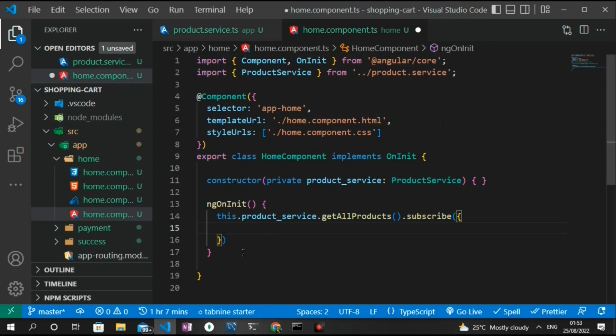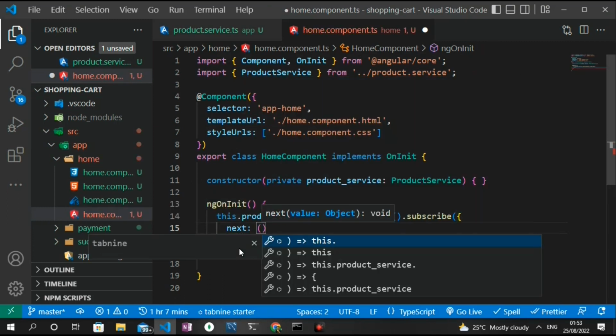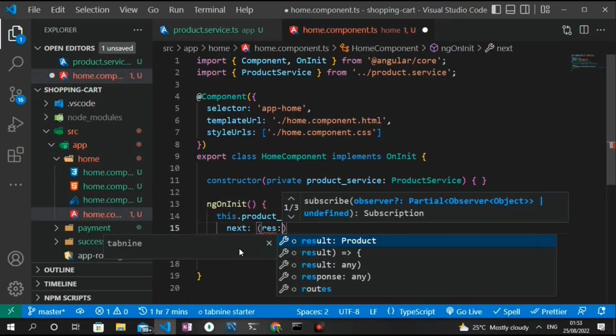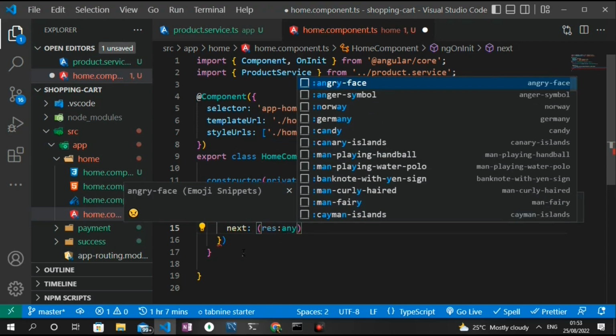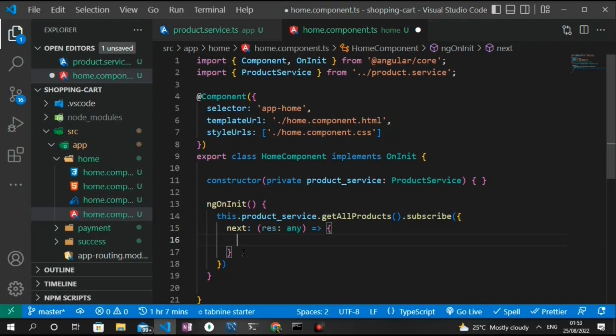So the first one, which is next, I'm going to type in next, and then it's going to have a colon in front, and then we open a bracket and give it our response, and then use an arrow function, and inside of the arrow function we can just console log the response, and right below the next we